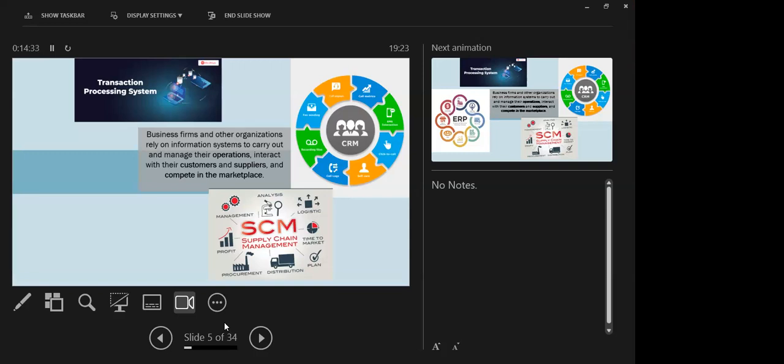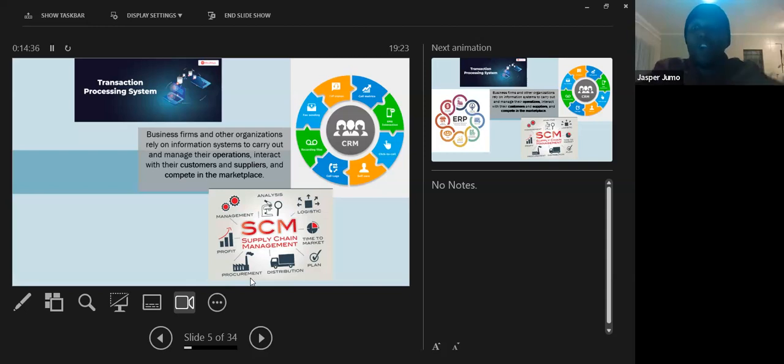So I just wanted you guys to have an idea of, when you are reading the module and you see the word CRM, or the words transaction processing system, what it is, right? So it's just an overview. These two slides only, maybe for the whole module. Then later on, we are going to narrow down to a specific question. All right, like what we did